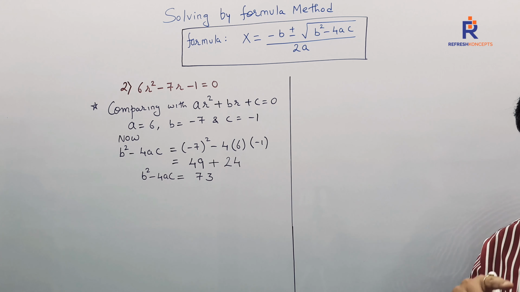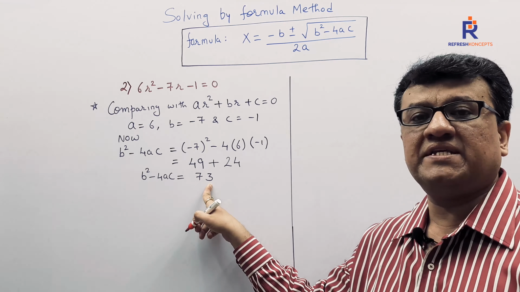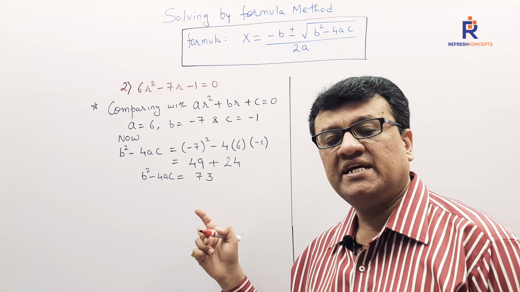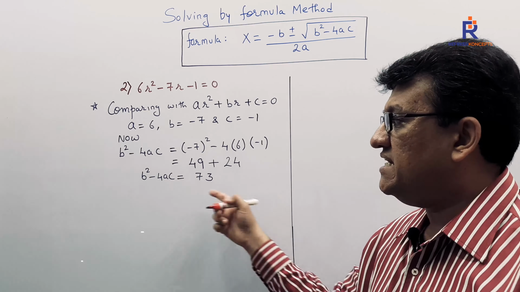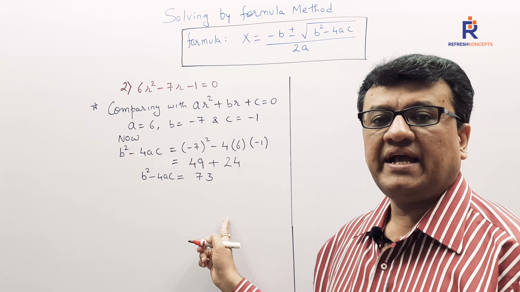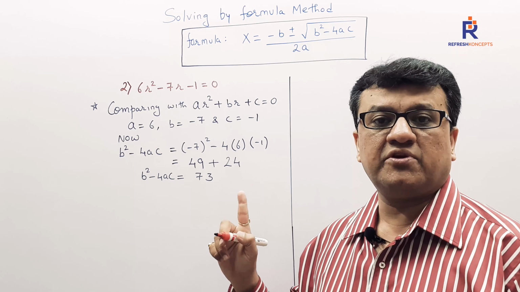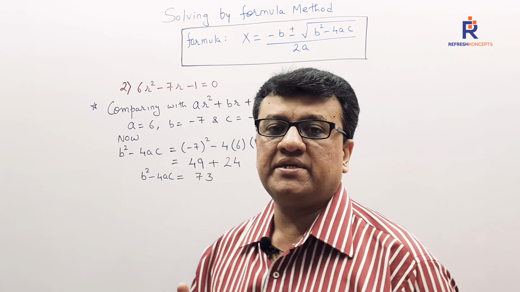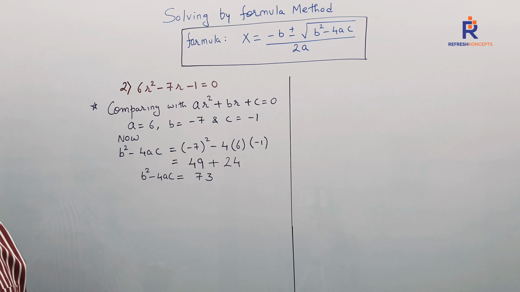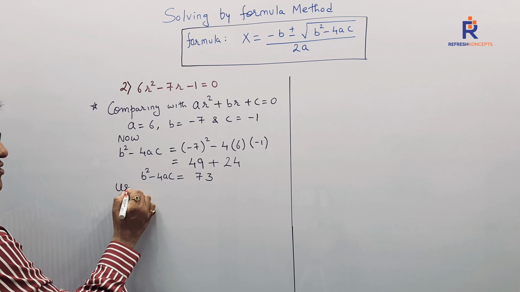Once again, to remind you all, if we have b square minus 4ac less than 0, a negative number, I shall immediately write down the next sentence as: since b square minus 4ac is less than 0, the roots are not real and hence we do not consider it. We cannot proceed further and find the roots if b square minus 4ac is less than 0. But over here, b square minus 4ac is a positive number, so we are supposed to make use of the formula. So we are going to say, using the formula,